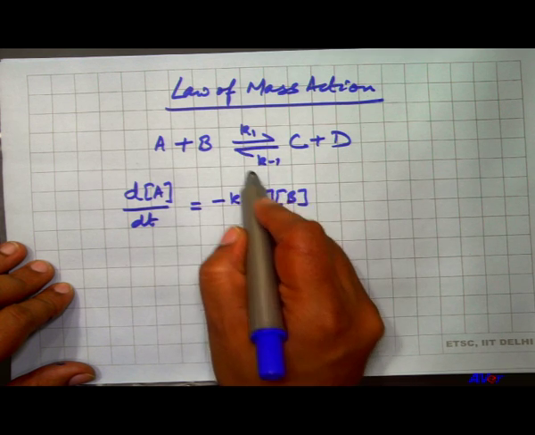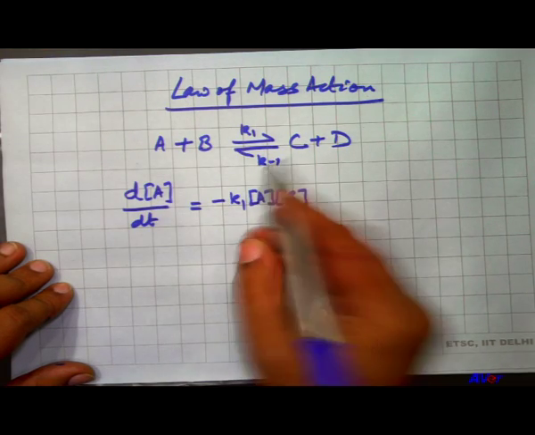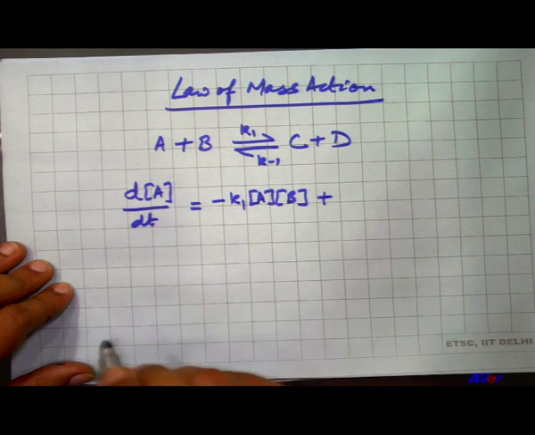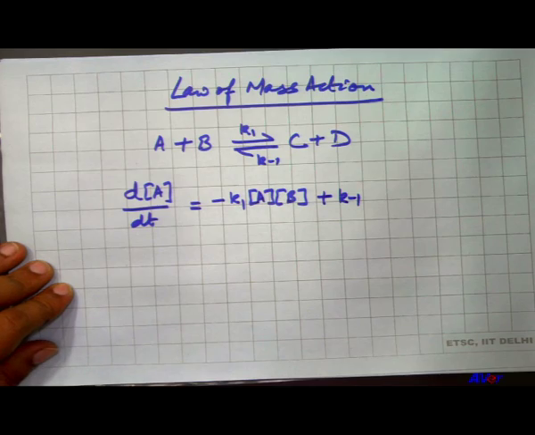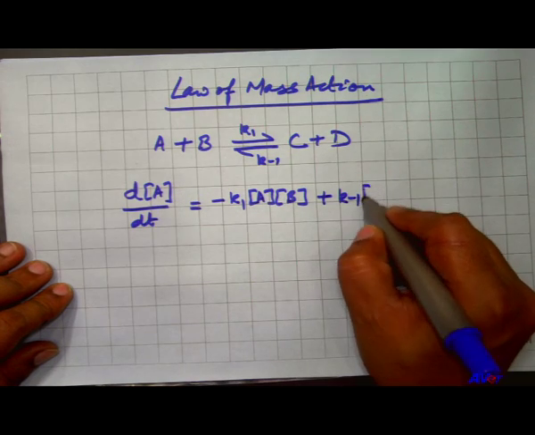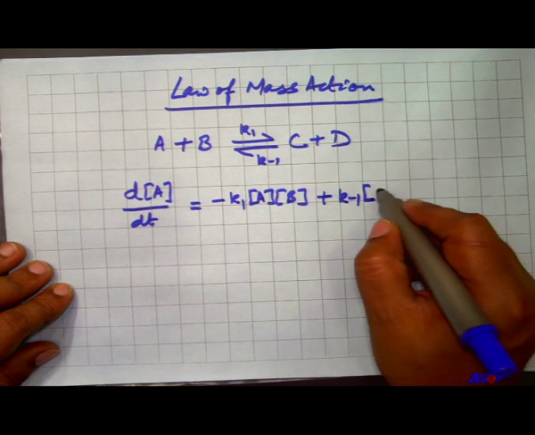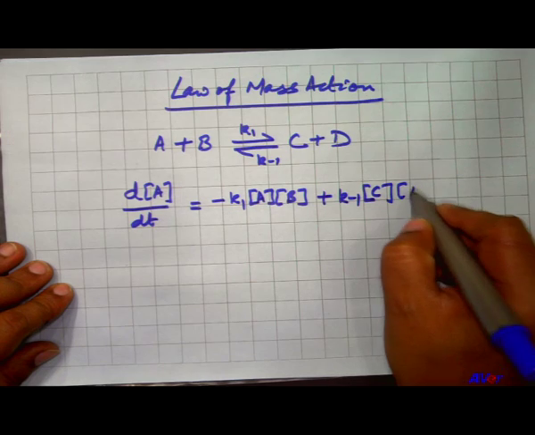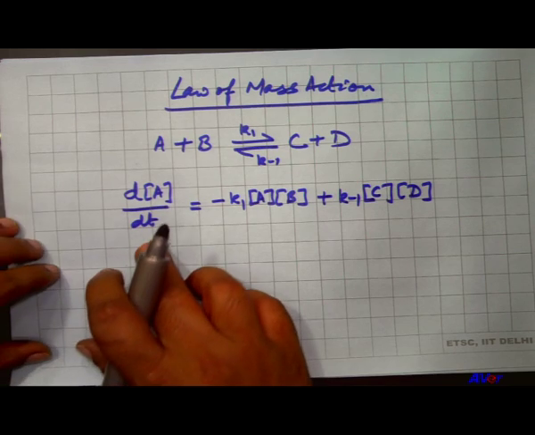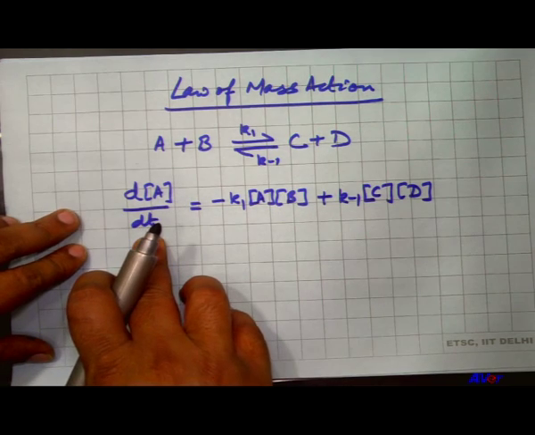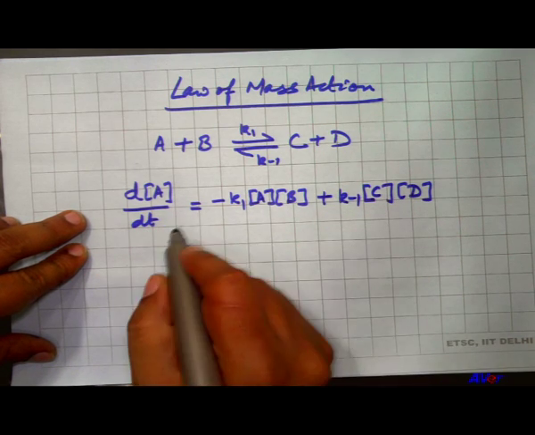So, it is being produced, it is being added to the system with this rate constant. So, we write the sign of the rate constant is plus, we write k minus 1. At this rate constant, the tail is facing C and D. So, it is actually,